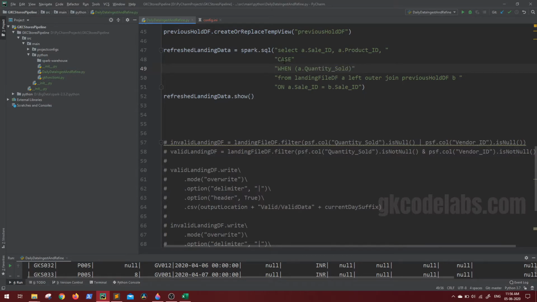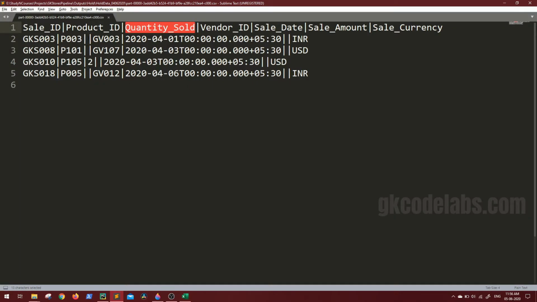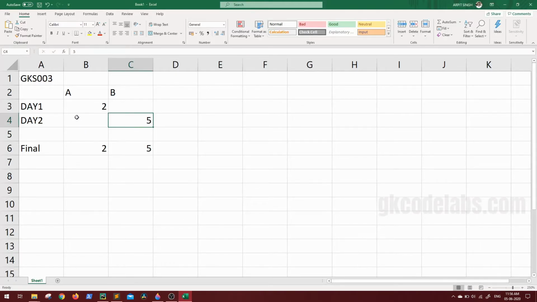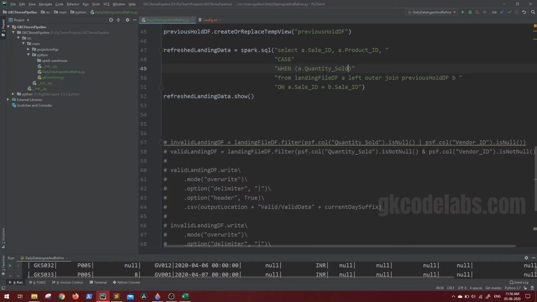Now we are checking in case when the latest quantity sold, if this is null, I mean in the new record, if we are not receiving anything, in that case what we have to consider, like here we told, this is the quantity sold column suppose. So in the new date, if we are not receiving anything, what we have to consider is the previous one. So same thing we will mention here.